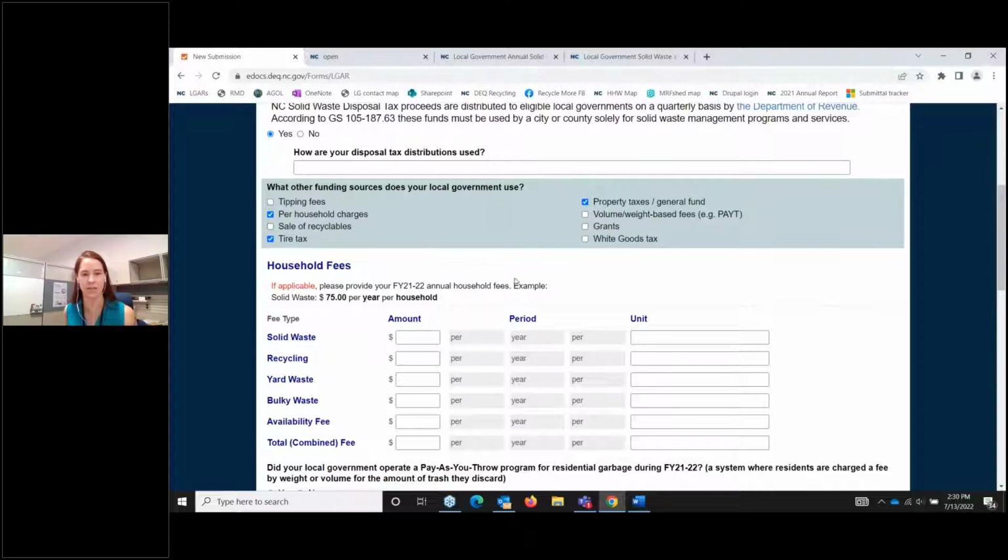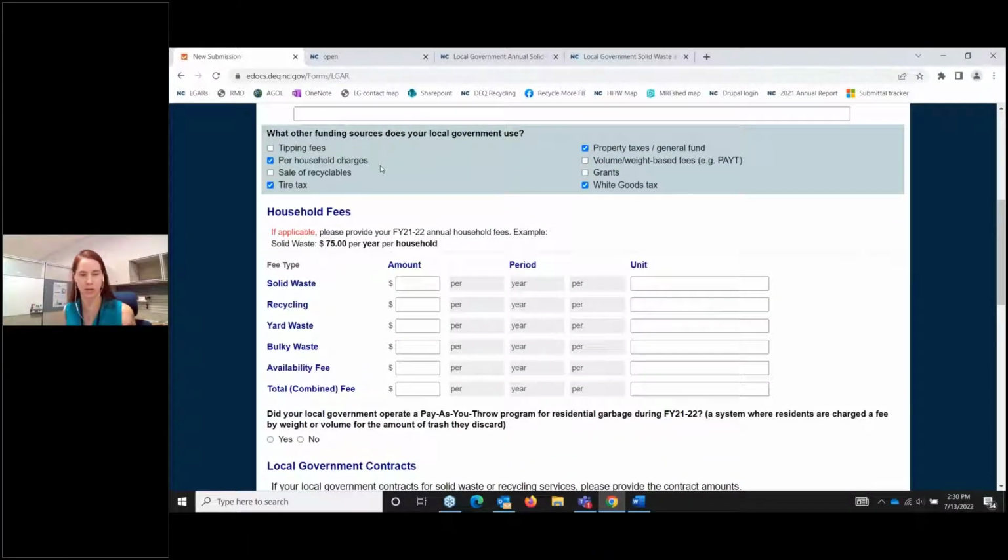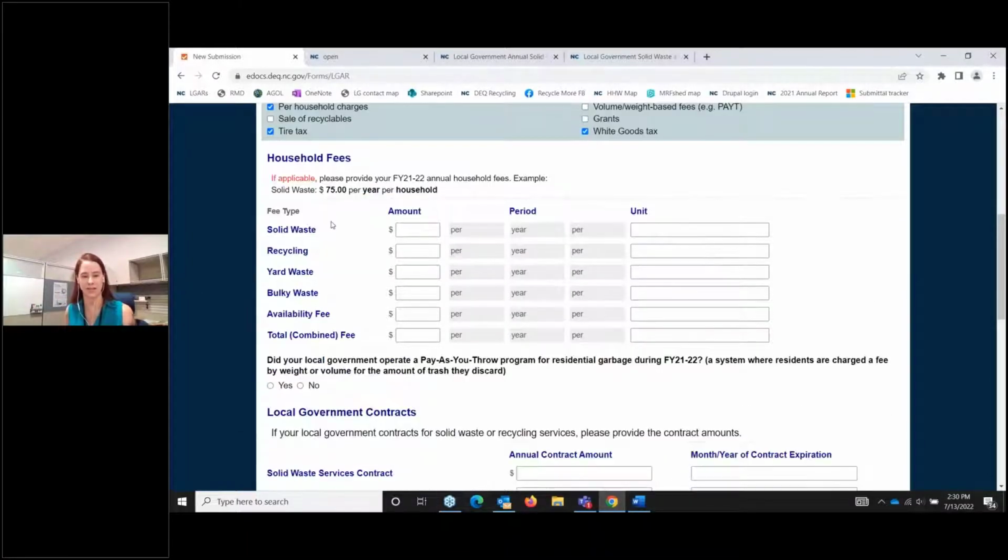And let's say that you also receive tire tax distributions and white goods tax distributions. If you have per household charges for solid waste and recycling, we ask that you provide both the amount of the fee and generally also the unit, which is almost always per household. So let's say, for example, that